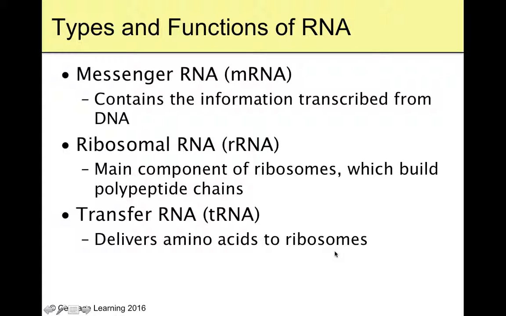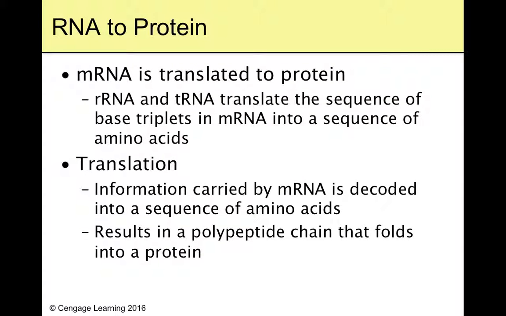If you've already done the little lab, the online game of making a protein, that character you were trying to steer around into the ribosome, where you had to go pick the correct color ball and bring it over to the ribosome, the guy you were steering was a transfer RNA. He delivers amino acids to the ribosomes. Very important job. RNA does a lot. So our messenger RNA is what's actually going to be translated into proteins. So we take our rRNA, that's the ribosome, our tRNA, those are RNA strands that bring amino acids to the ribosome, and we translate that sequence of base triplets in our messenger RNA into a sequence of amino acids.